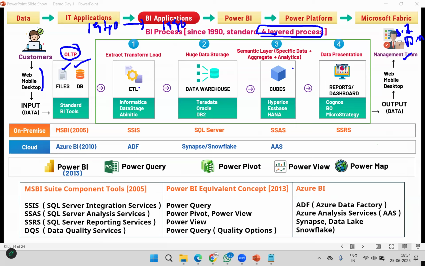The first layer is the ETL layer, extract, transform, load. It brings the data, shapes it properly, and then loads it to one huge storage area, the data warehouse. Here years and years of data are maintained, terabytes to petabytes, historical data, everything.